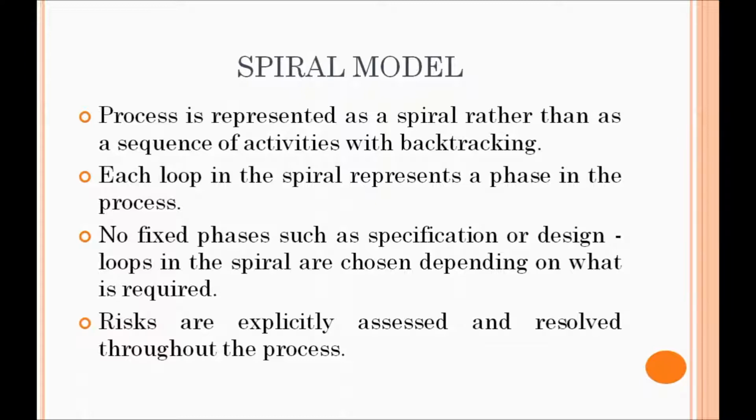But in the spiral model, it is not the case. The activities are interleaved. Interleaved means you can develop the software parallelly. That means in increments. First increment, and at the same time you can develop the second increment, and at the same time the third increment, like that. Concurrently or parallelly you can develop. I will take an example, so you will come to know about that in more detail, right?